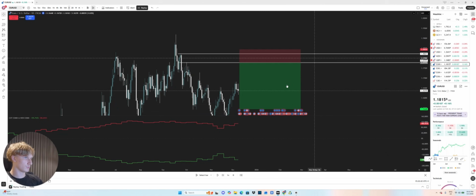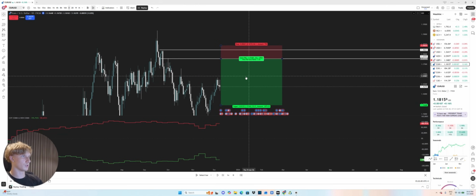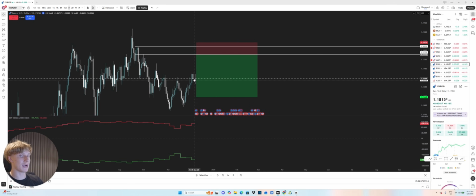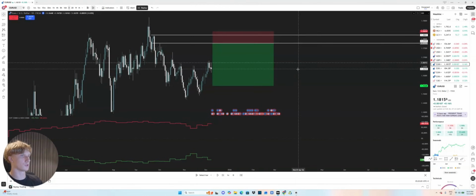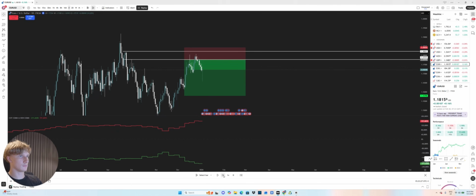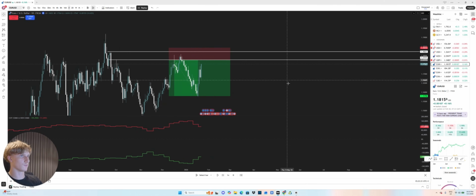And we can add a limit order. For those of you who aren't familiar, a limit order is basically just a pending order. You can do it on pretty much any platform. Essentially, this just means that instead of having to manually enter, when price comes up to this level, it will automatically put you into the trade. This plays out, we can see price tapped in and then proceeded to go short. So we would have hit TP.